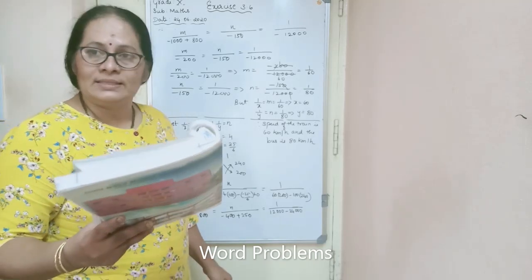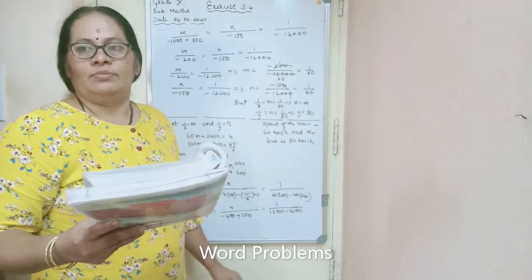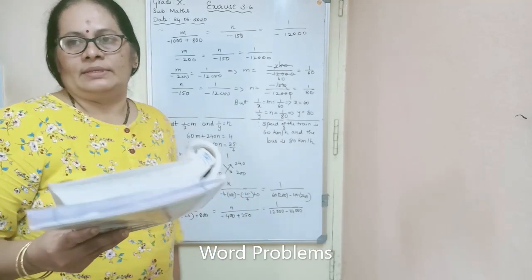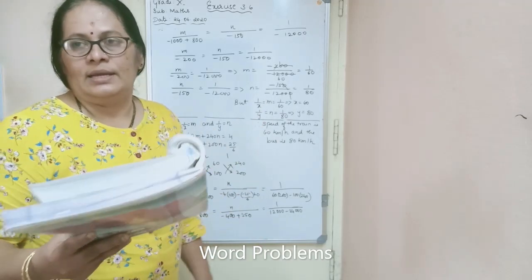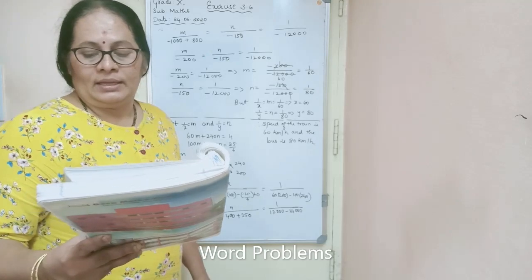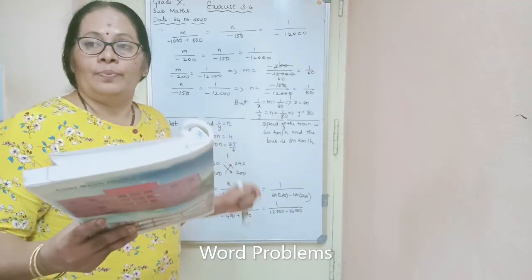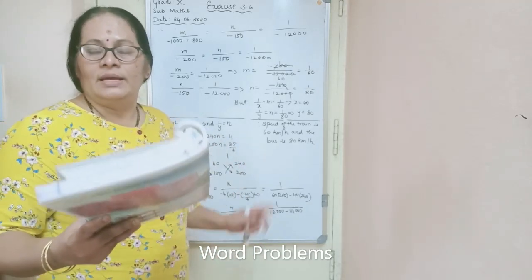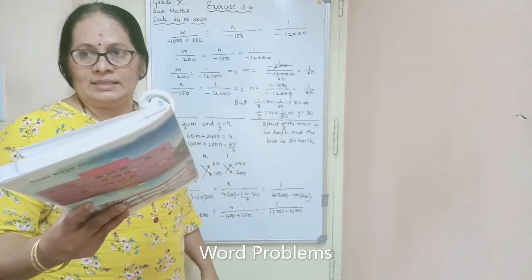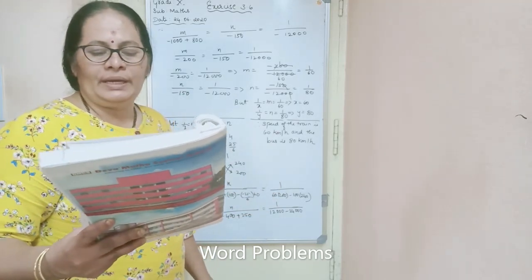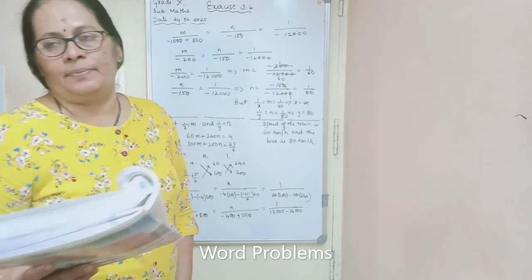That is 4 plus 10 minutes. So you have to convert these minutes to hours. That is 10 by 60, which is 1 by 6 hours. So the time taken is now 4 plus 1 by 6. That is 6 fours are 24 plus 1, 25 by 6 hours. Find the speed of the train and the bus separately.